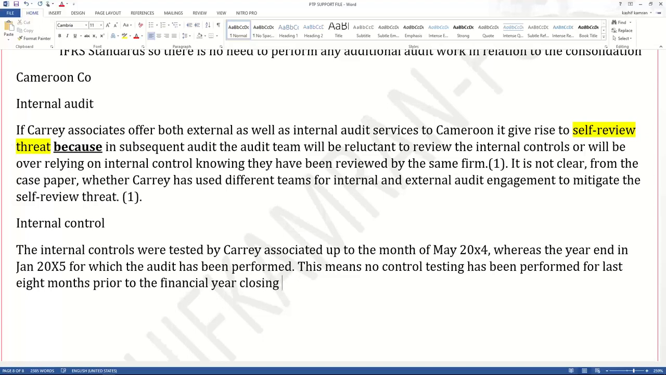This means that no control testing has been performed for the last 8 months because the report has already been issued, prior to the financial year closing by the audit firm, and any changes in the internal controls in the last 8 months